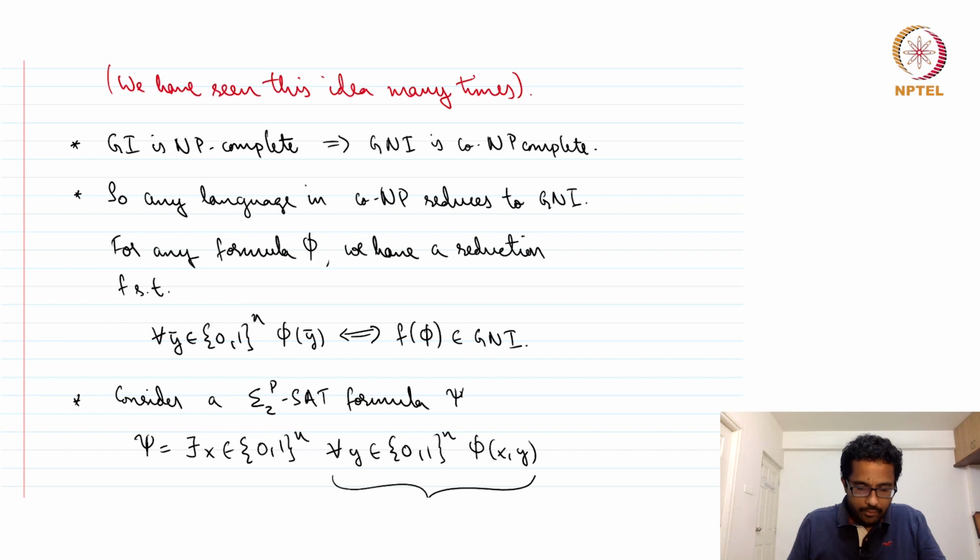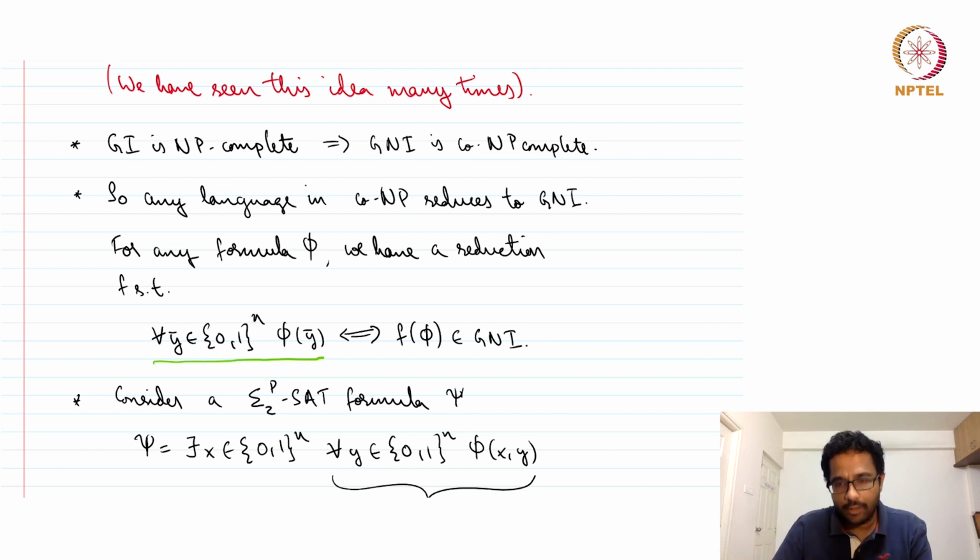On the left hand side we have the statement that for all y-bar, phi of y is true. I put a bar over y to denote that it is a vector. This is the tautology problem, which is a co-NP complete problem, and we can reduce it to